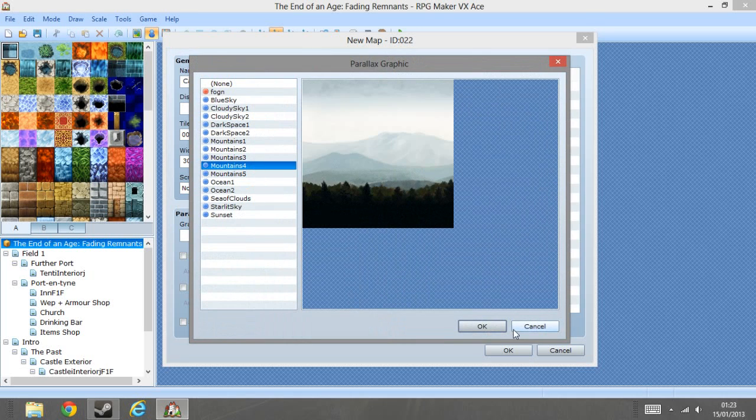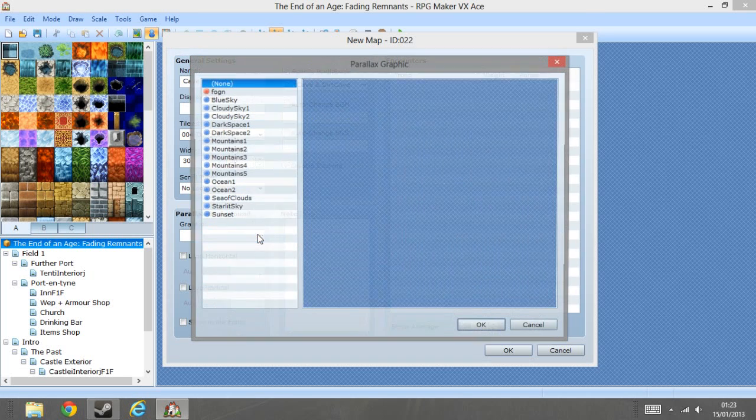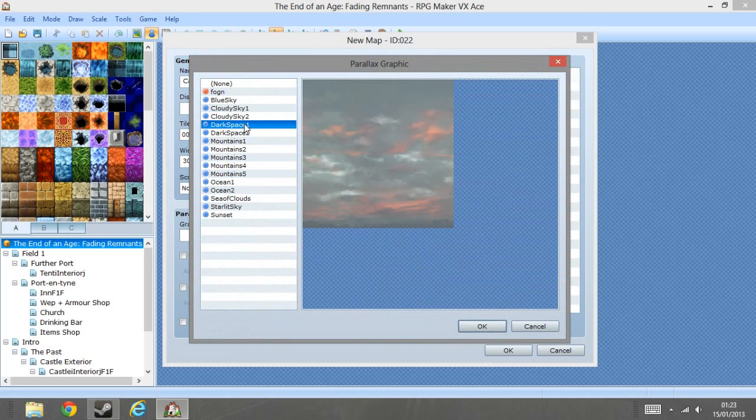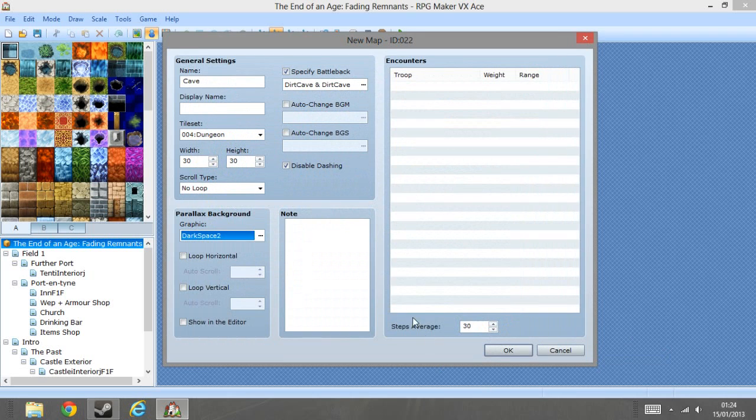Do we need a... No, we don't actually. We don't want them. That's for areas which don't have any tiles on them. So, for example, you could have a space map that's only got a very small amount of floor tiles, but then it would have that on the background. It wouldn't be able to be walked upon, however, but it would be there just to add to the theme